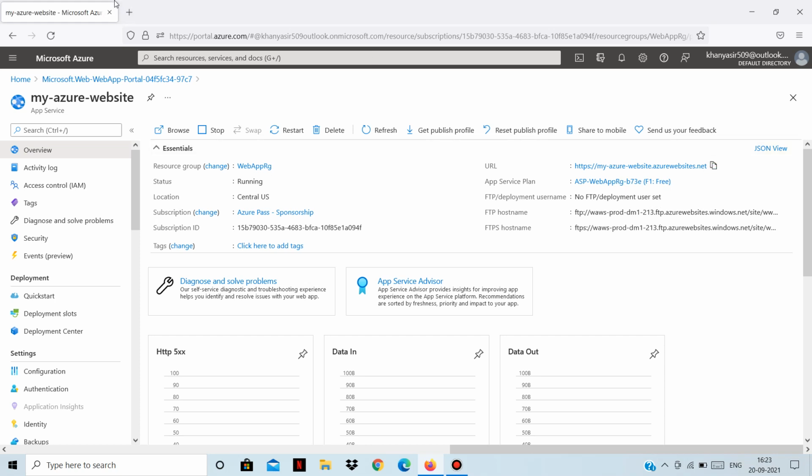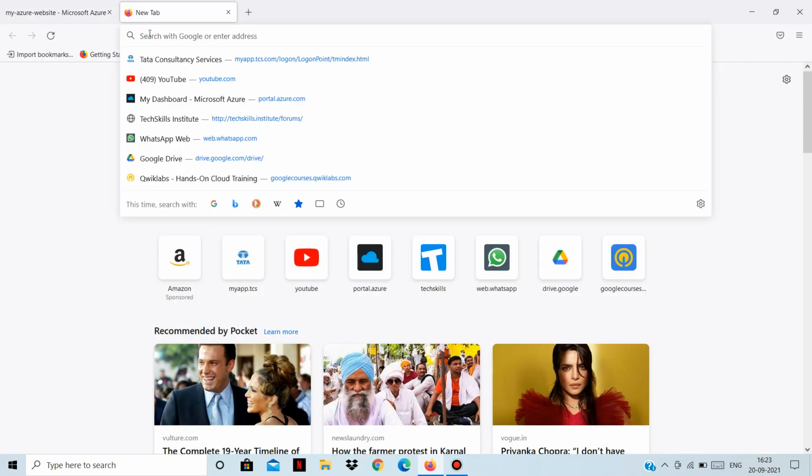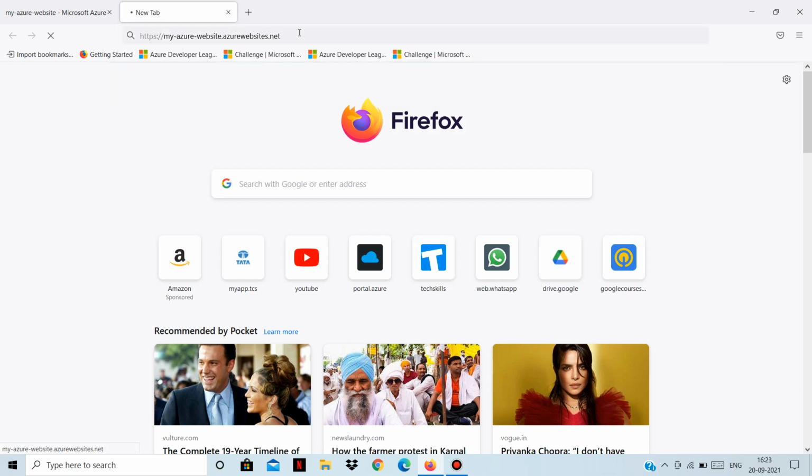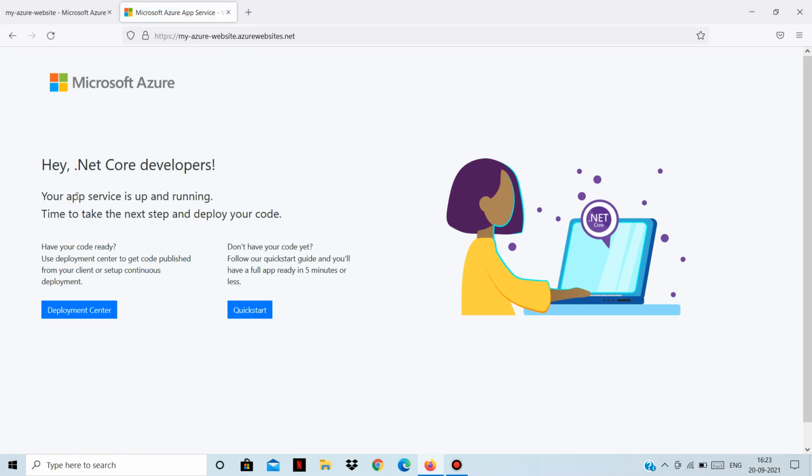Now let's go to this URL and check our web application. As you can see, our default web application is already running.